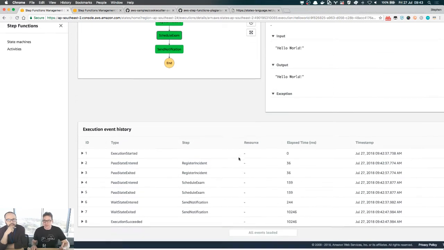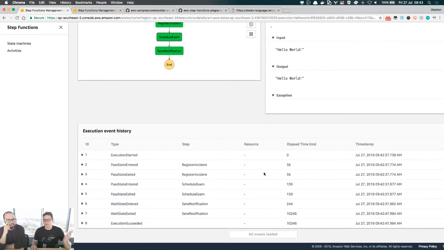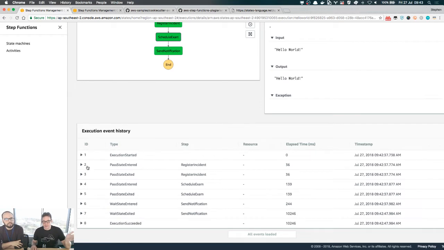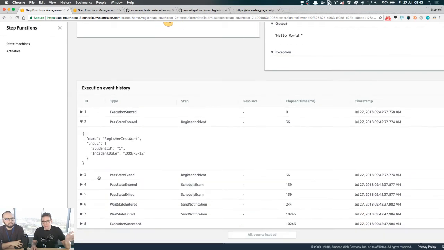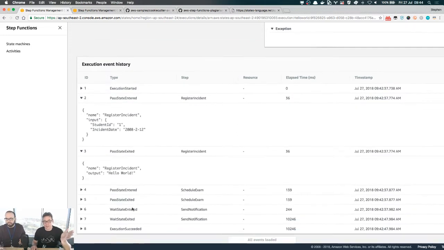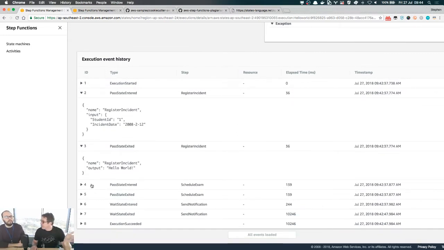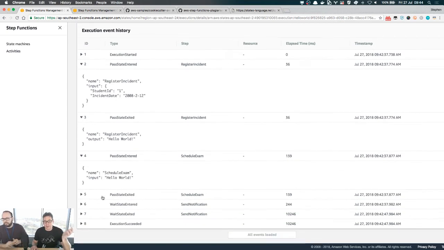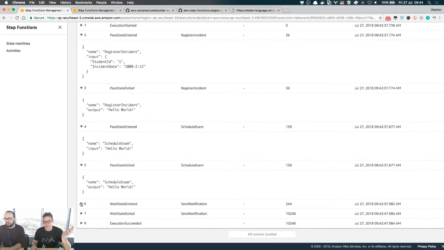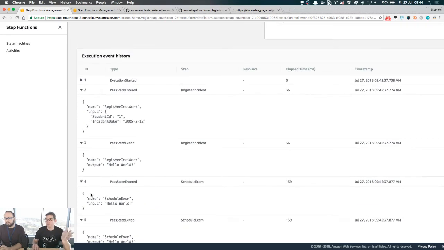So this is basically showing us the execution flow and how long things take. In the first step, we started the execution, and then it has information about the states in the execution history for this entire workflow. We can see when something entered and exited those states, and the input and output values for each of those. This is really important from a